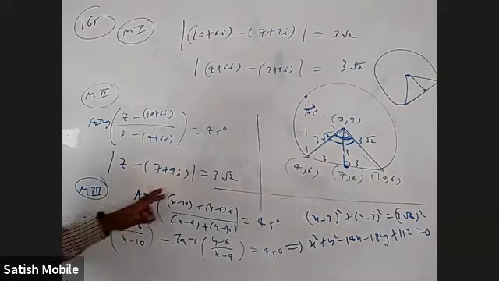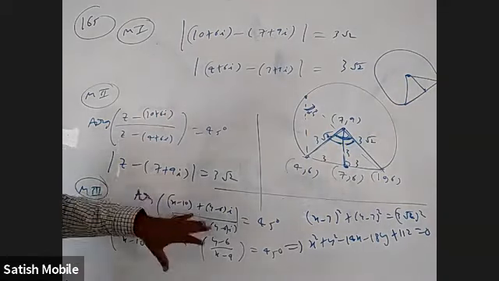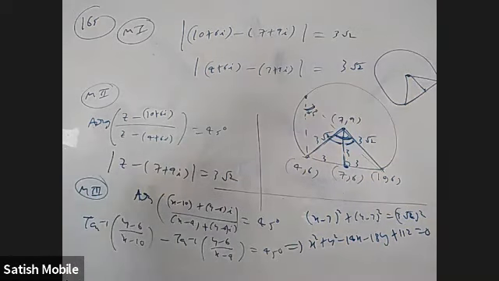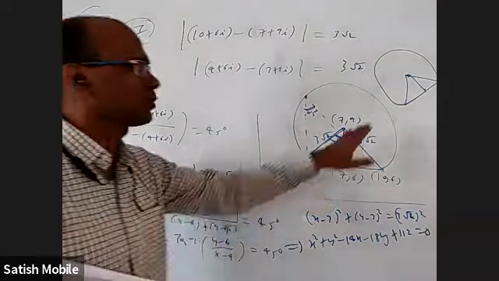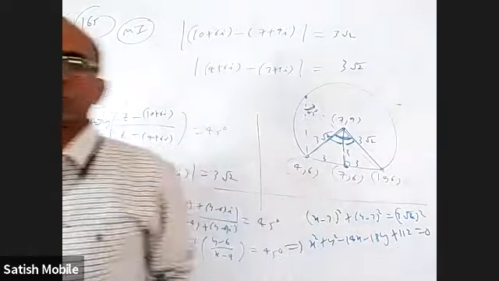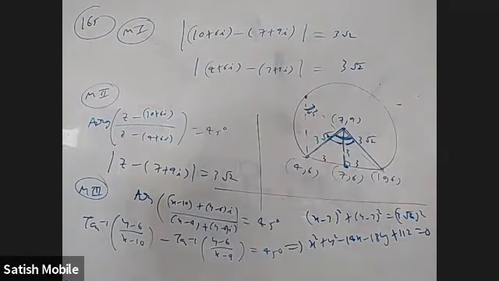Even if the question is complicated and you know the rotation concept and all that, the best is to simply put x plus iy, and you'll get the circle equation very easily. So sometimes after learning so much, it is better to use x plus iy only than anything else. But for some questions we can use the rotation concept.